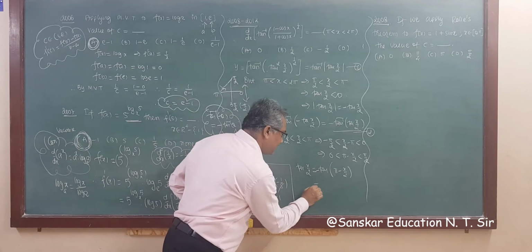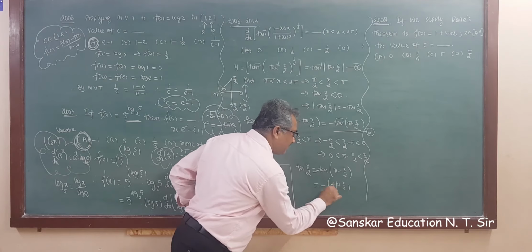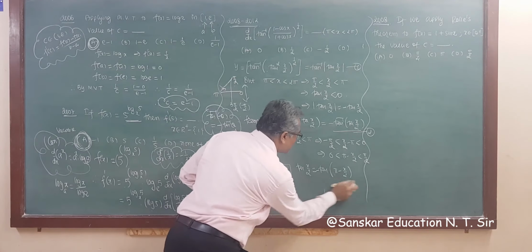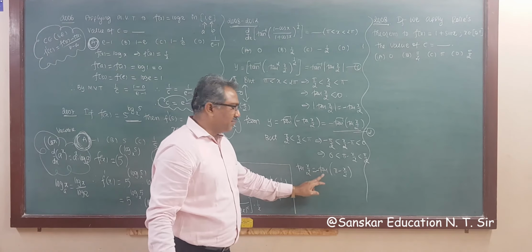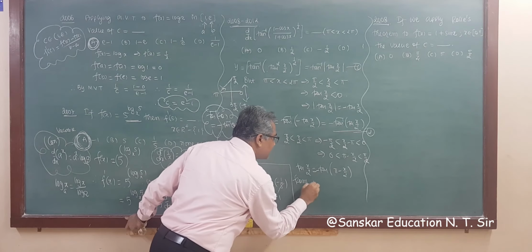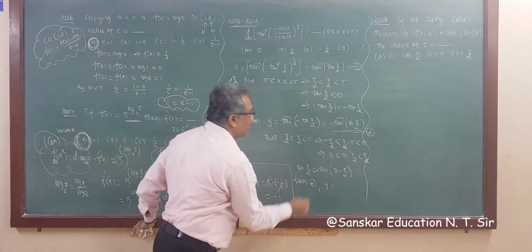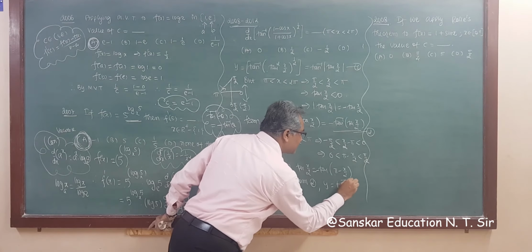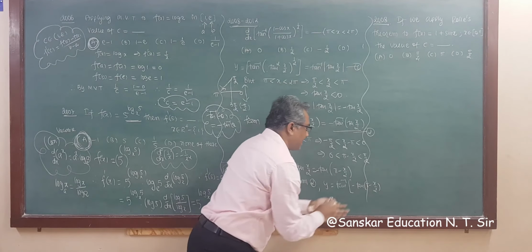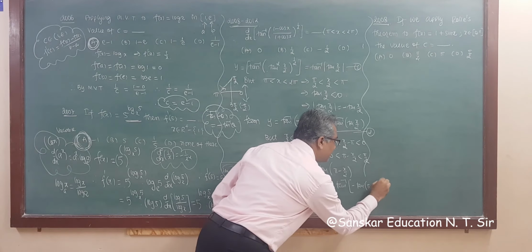Got it? See, this is minus. The answer of this is minus tan x by 2. Right? So minus minus plus, so we get tan x by 2. So that's why we are writing this. Right? So instead of tan x by 2, we are writing minus tan of pi minus x by 2. So from 2, see, only simplification is going on, right? So y is equal to tan inverse of minus tan of pi minus x by 2. So then this is tan of pi minus x by 2.